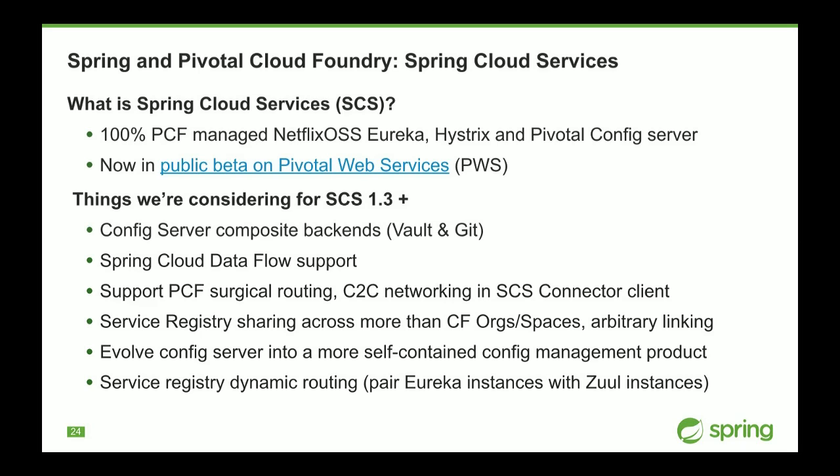And then another thing on the sheet: evolving the config server into a slightly more self-contained configuration management product. Maybe we would actually provide a backend configuration database, rather than bring your own Git or bring your own Vault, and lots of other things to make it a little more turnkey. Last thing, and this is one I'm personally most excited about and think is really interesting,